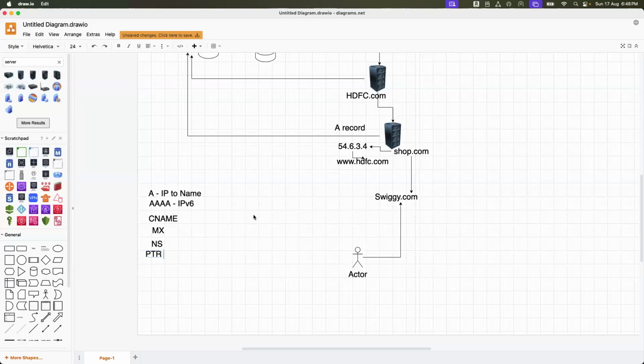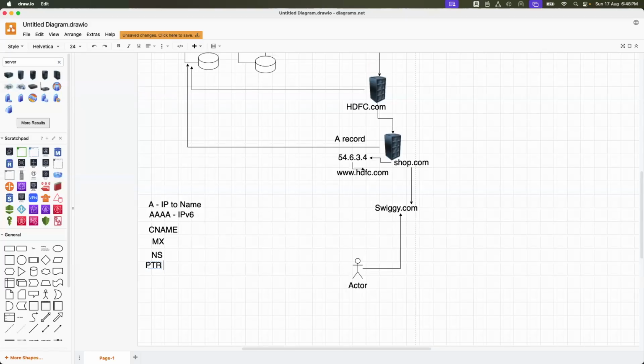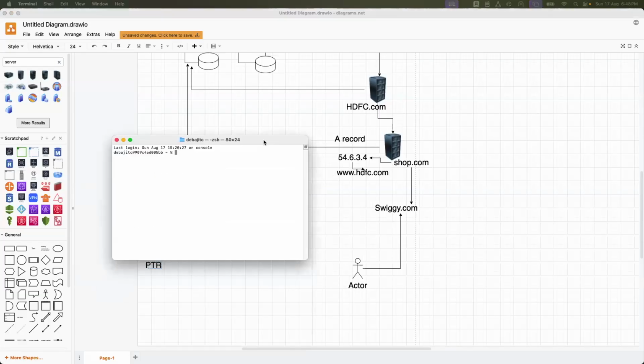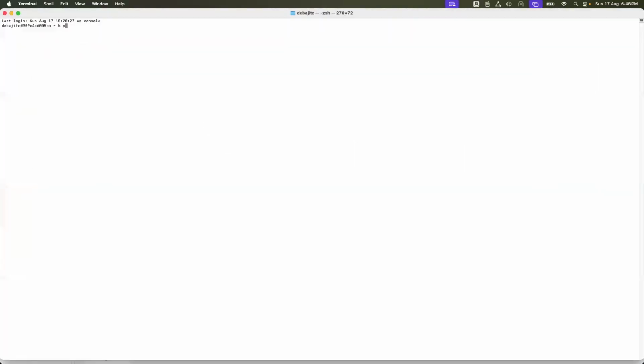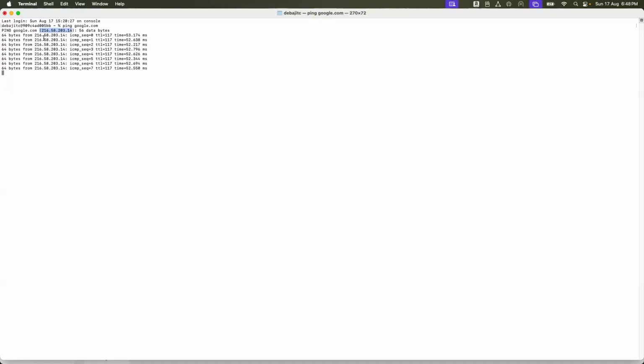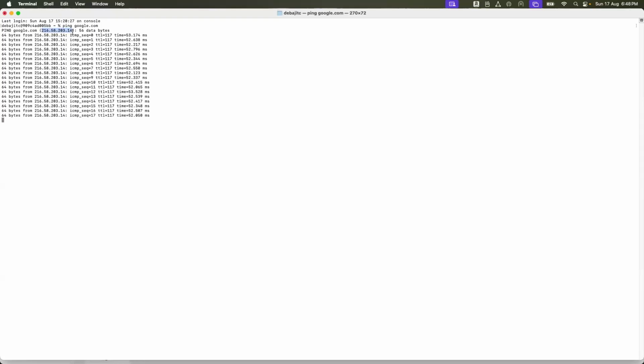That means sometimes if you type google.com, let's say I go and type ping google.com. So this google.com is returning from the IP 216.58.203.14, right? That means this is the IP and this is the A record map. Is that understandable? So now what you can do, if you just copy that,